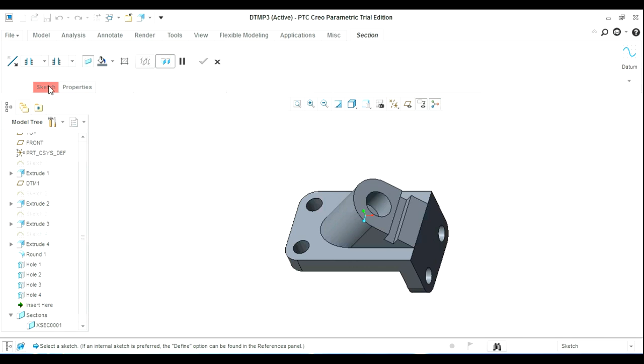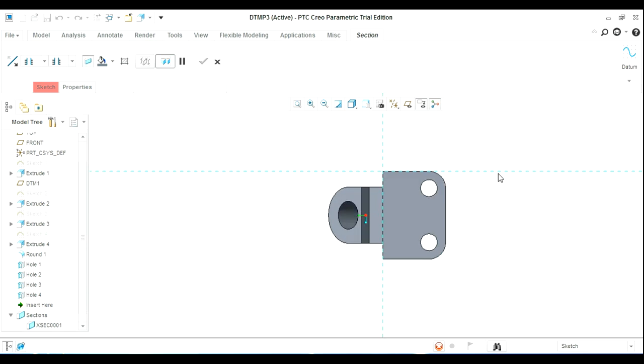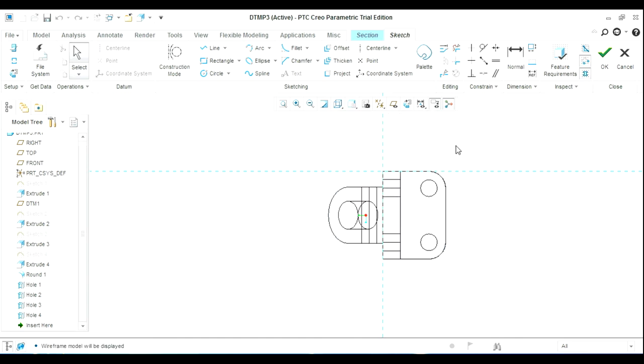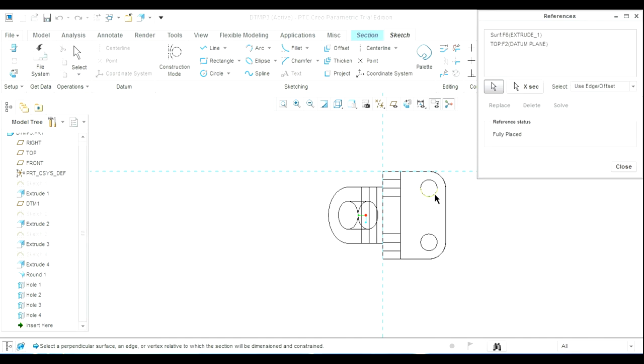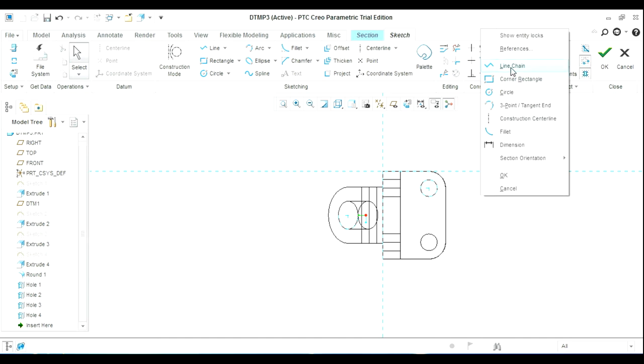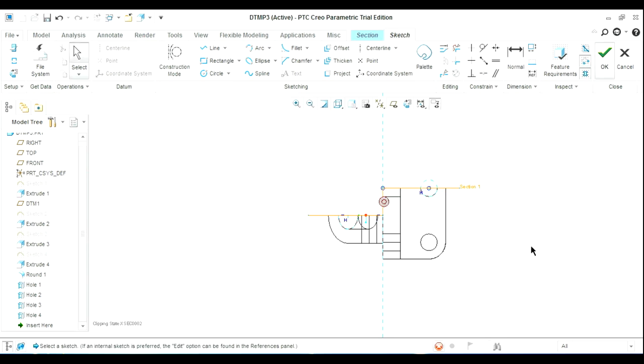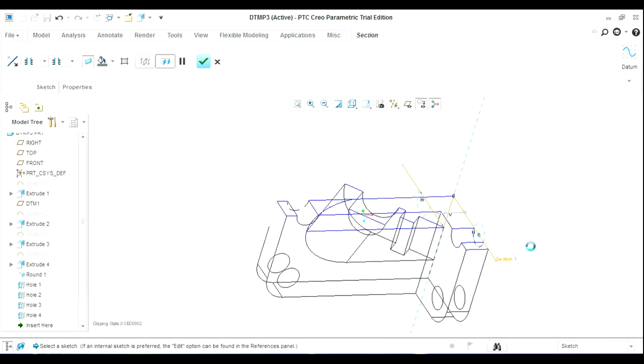In the offset option, the first step is to select the plane in which the cutting plane lines are to be drawn. Please note that we have already discussed that the main difference between planar and offset X section is that planar has a single cutting plane line, whereas offset section has multiple cutting plane lines. So your first job in offset X section is to select the plane and draw the cutting plane line in the section as shown.